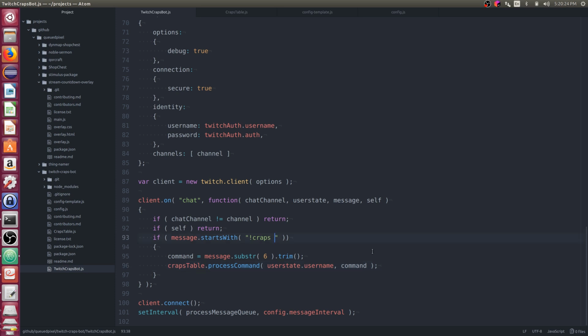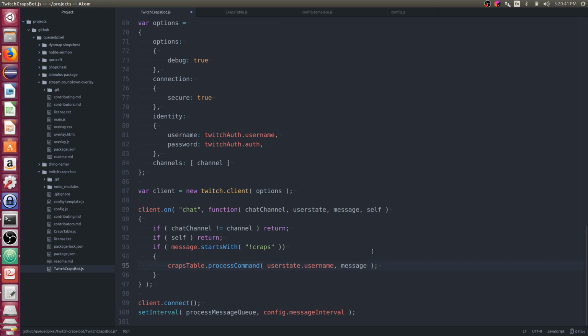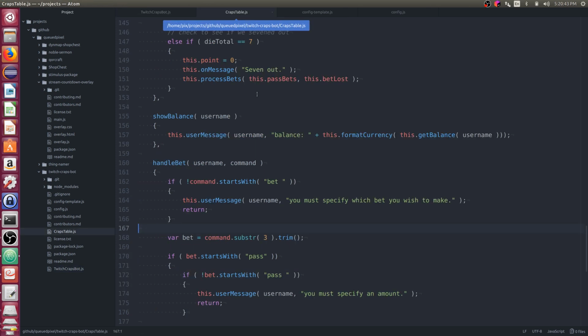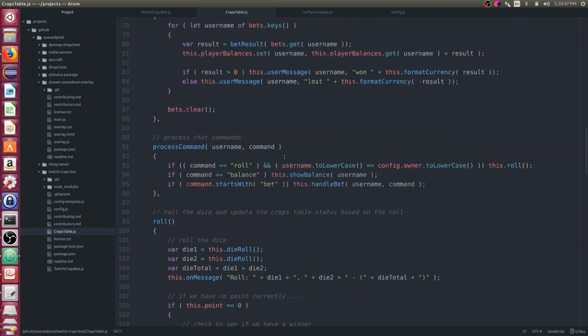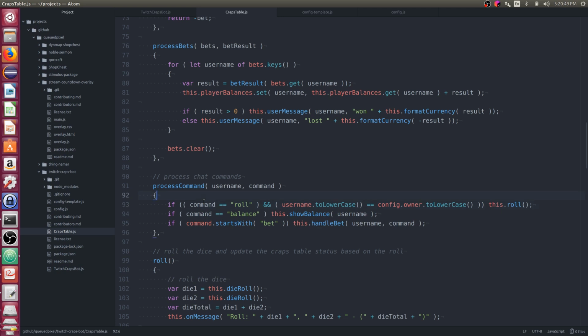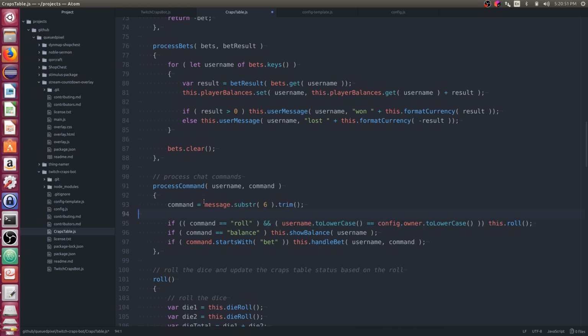You can do this, and pass in message. Process command, so we could do this. Let's make that a variable.